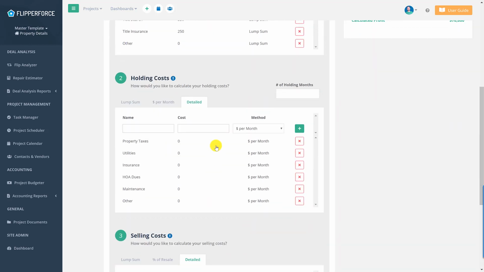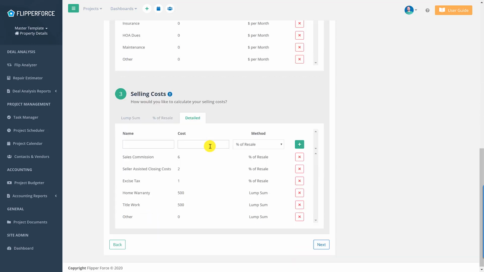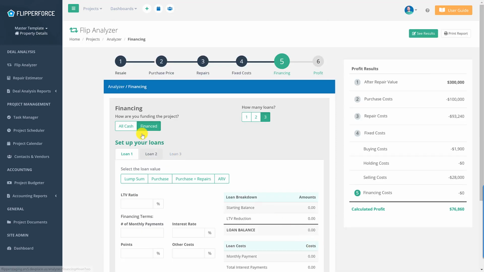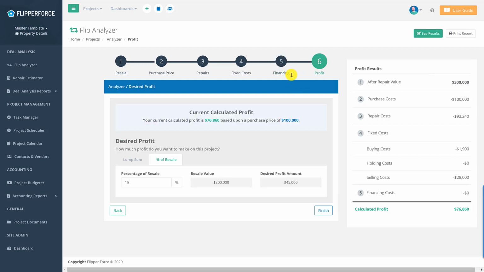You could set up all of your common holding costs that you've got for holding the property. You could set up all of your selling costs that you have for selling the property. Same thing with the financing costs. You could set up how you finance your deal. So if you're an all-cash investor, you could just have that selected. If you use financing, you could have all of your predetermined settings preloaded in here for yourself. Same thing with the profit. If you've got a certain desired profit that you want to make on the deal, you can have that preloaded in there as well. So that way when you go to analyze the deal, basically all you'd have to do